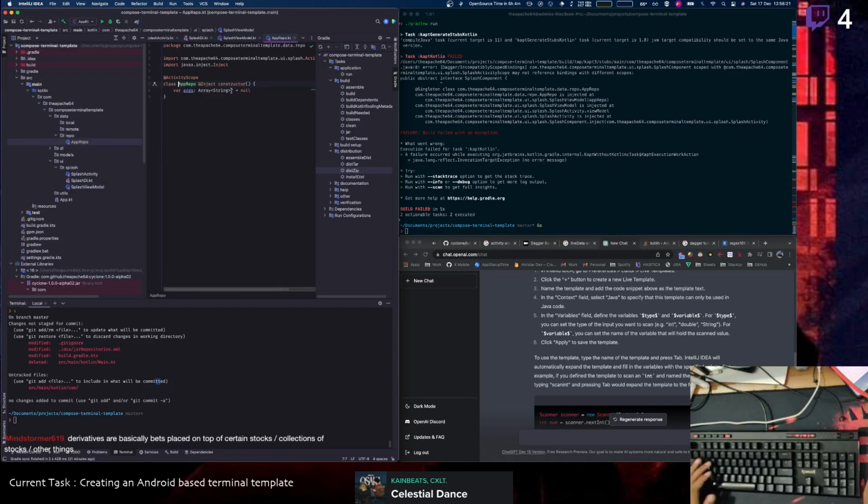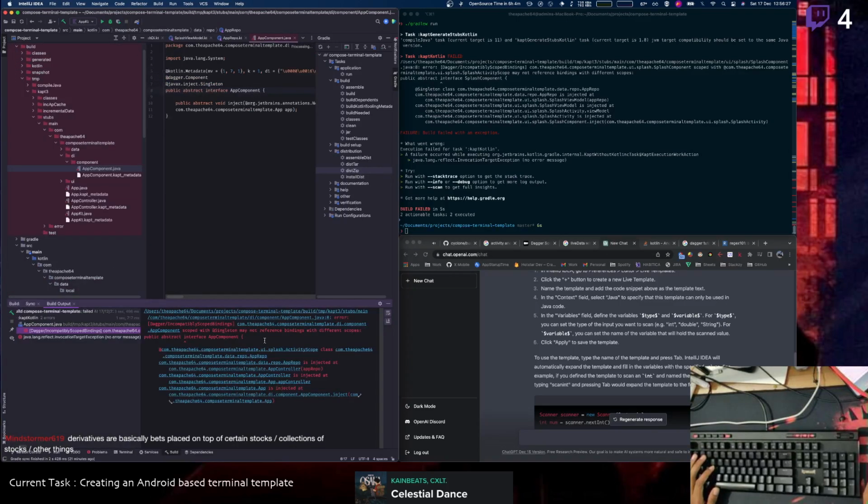Scoping, activity scope. Are you going to run now? Acha, app component is